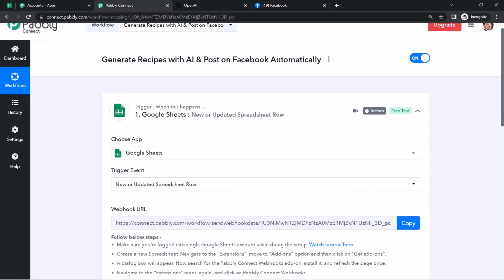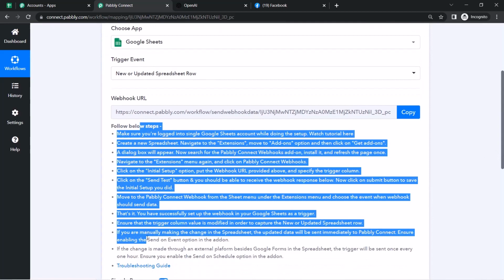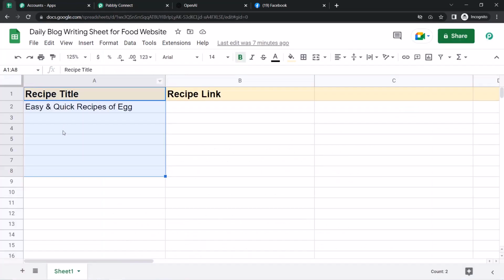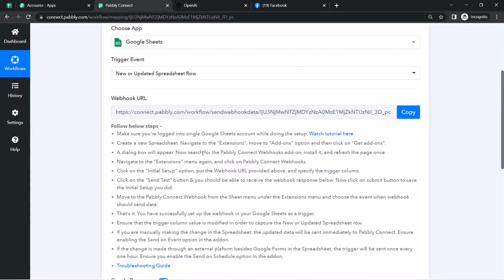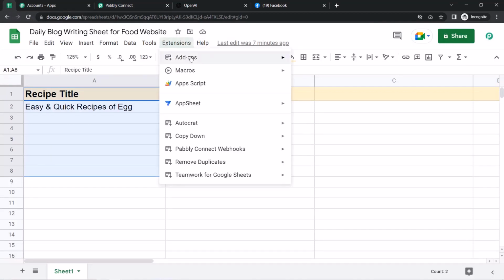Okay, now after selecting these two, here you can see a webhook URL and a few instructions. So the idea here is we are going to connect our spreadsheet with Pabbly Connect so that we can capture the data of our spreadsheet in Pabbly Connect, and then we are going to send the same data to the further application, and we are going to do that with the help of this webhook URL. Okay, so copy this webhook URL, go back to your spreadsheet, and here you will have to go to extension,